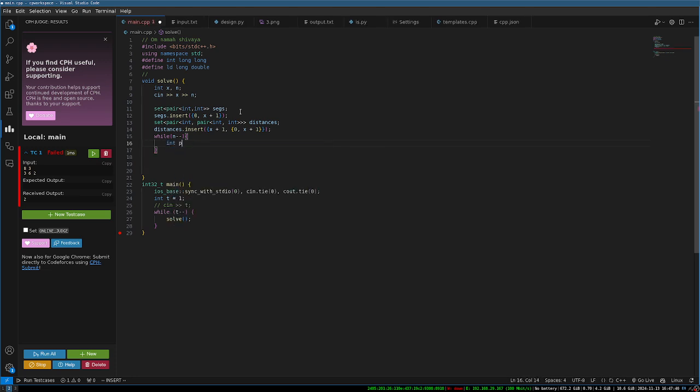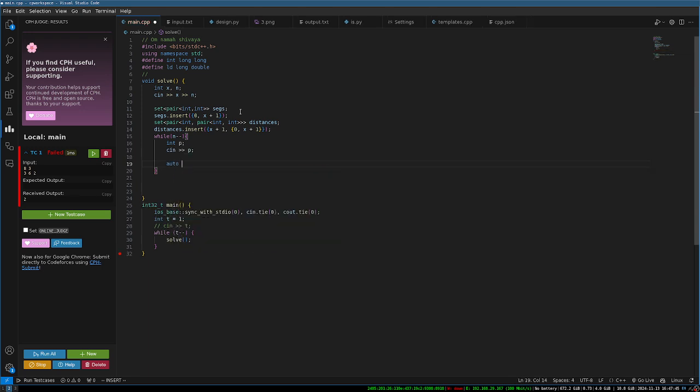So we'll take a position, we'll input that position, we'll binary search over segs for the position. What do we need to binary search on? Starting from that position, so lower bound p comma 0. So this will give us